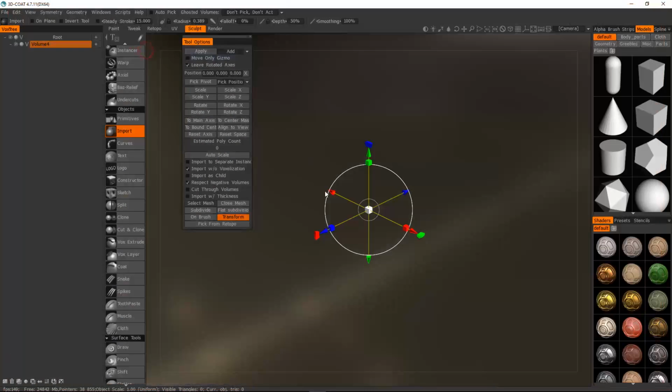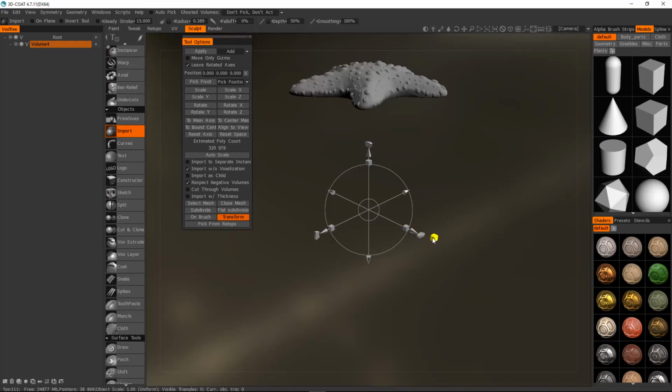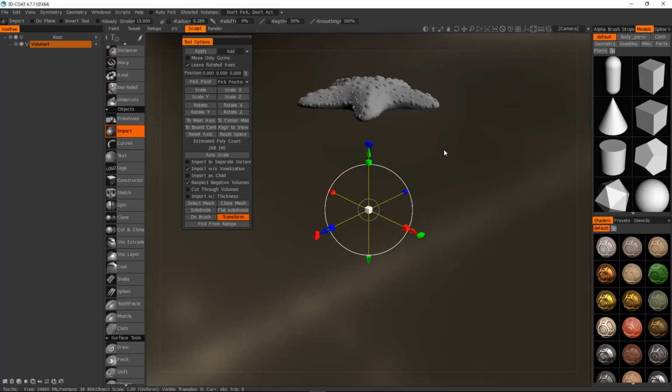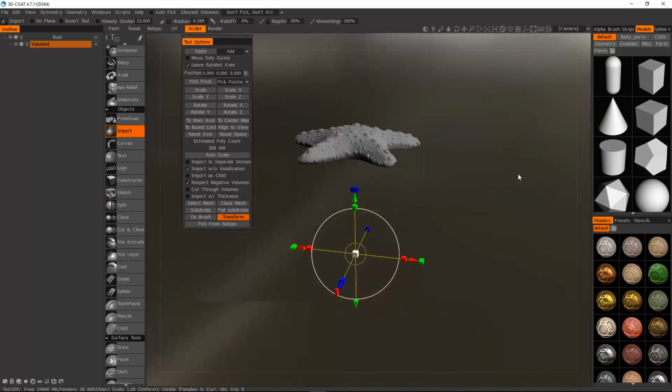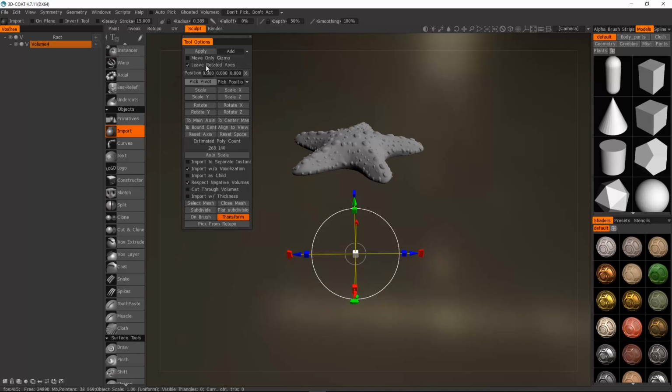Okay, I select the mesh I just saved, starfish high poly. Very often what you do in ZBrush is very tiny, very small, if you don't change the world dimensions and so on. So if you click on the cube in the middle here, you're going to scale. For the moment, I scale nothing. This gray stuff is just a preview of my object. It's not the one that's imported yet. But as soon as I click on apply,